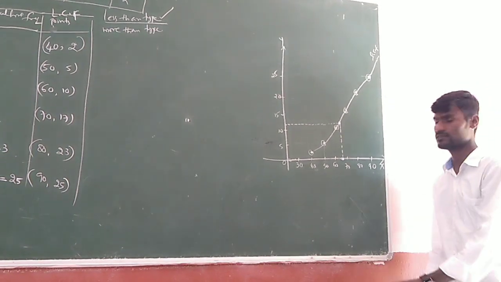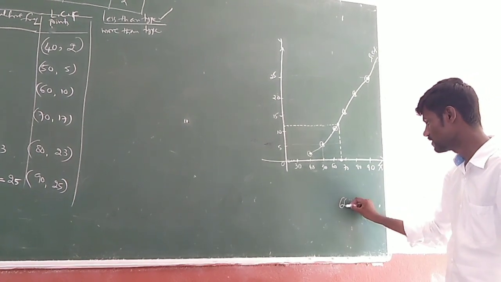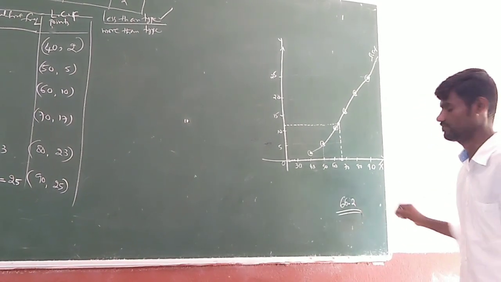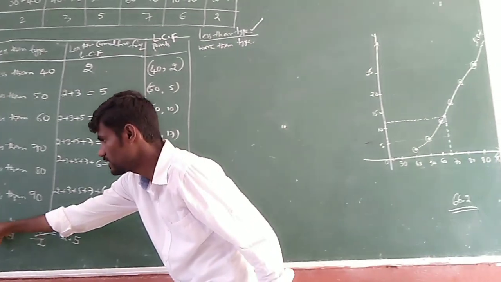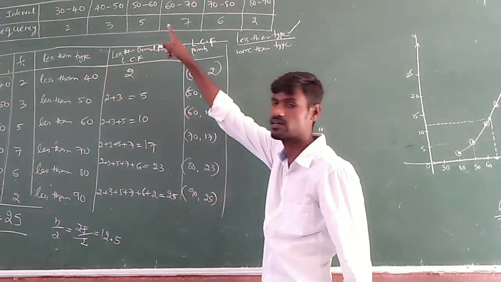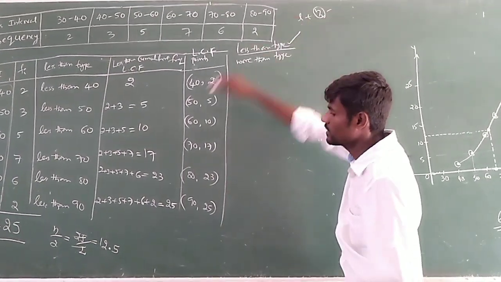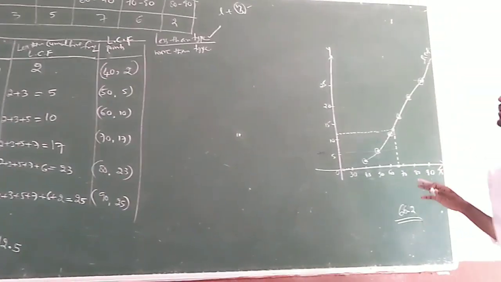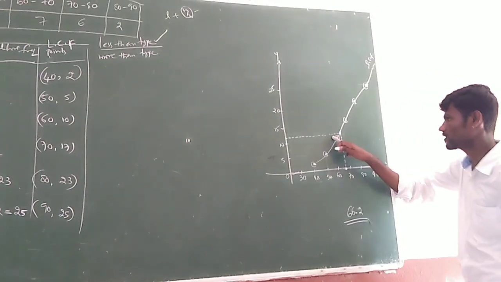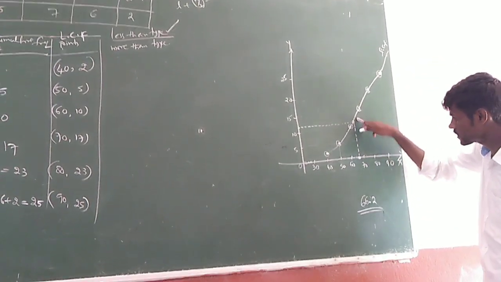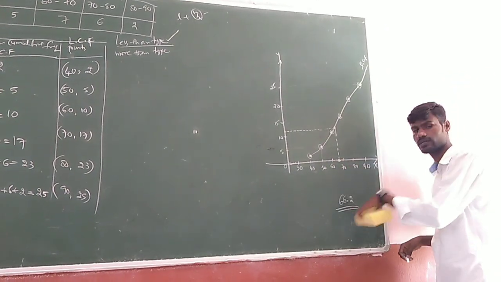You will get a value in between 60 and 70. If you draw the graph, suppose it is in between 60 and 70, say 66.2, like that. Since it is a single curve, how can we take it? You need to take the total of frequency values and divide by 2, the n by 2 value, because in the median formula we have L plus n by 2 minus. That value 12.5 we take on the y-axis only, because on the y-axis we take frequencies. Take a perpendicular where it touches, and from there take a perpendicular again onto the x-axis. The value at which it touches the x-axis is your required median.